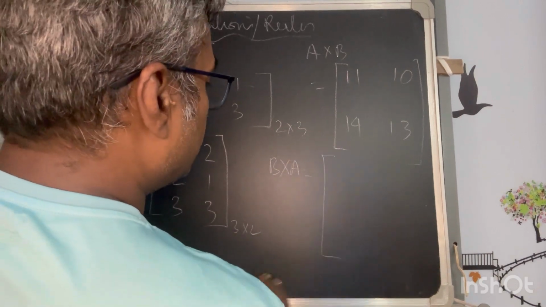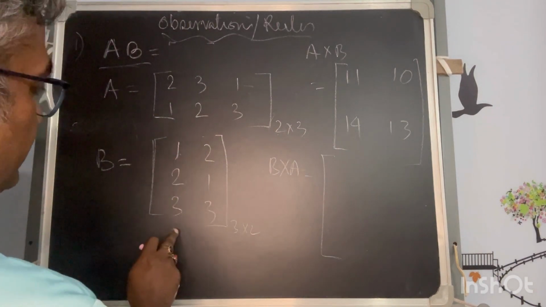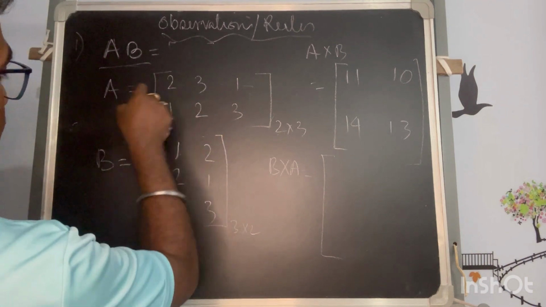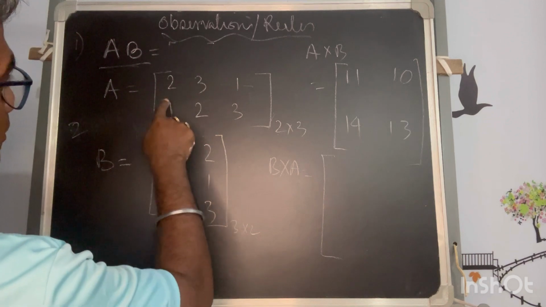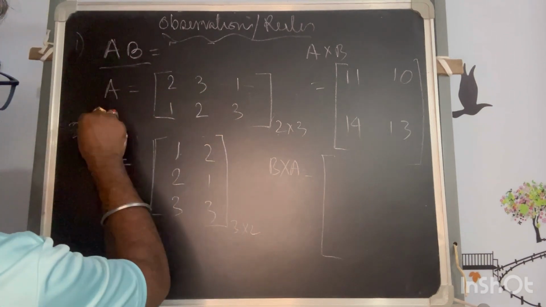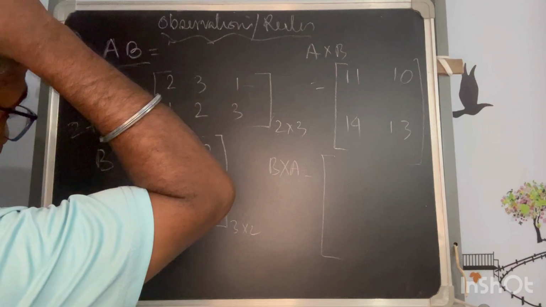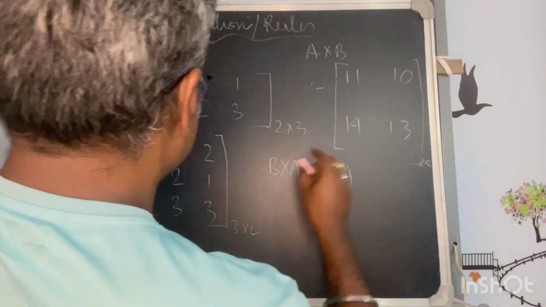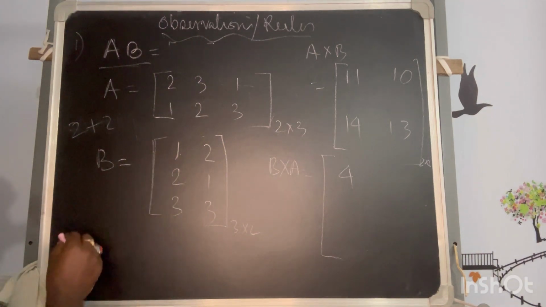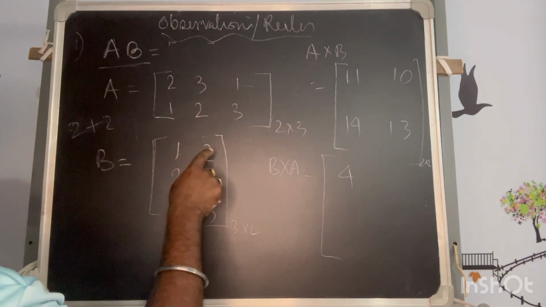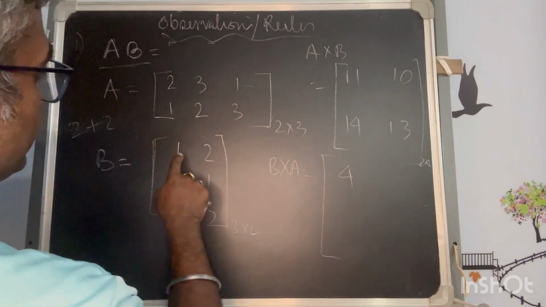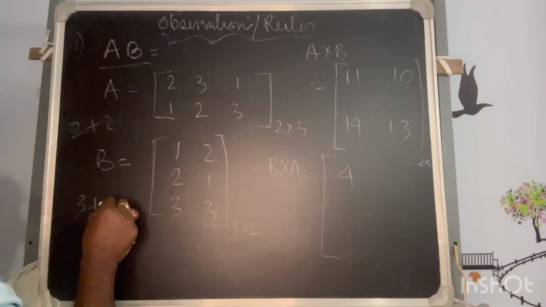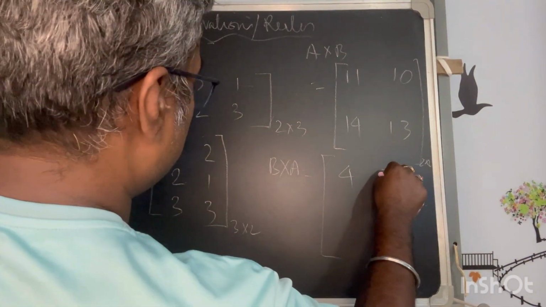So what is that? Now this will be my first matrix, this will be second. So rows into column. So now see, 1 into 2 is 2, and then this into 2 plus 2 into 1, so that is equal to 4. So this will come as 4. And now you see this is a 2 cross 2 matrix. Okay, so now we are keeping B first, A second. So this row, this column. Okay, for this row, this column, that means equal to 3 plus 4, 7. 7 will come here,